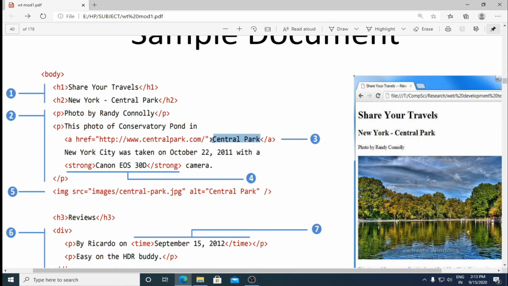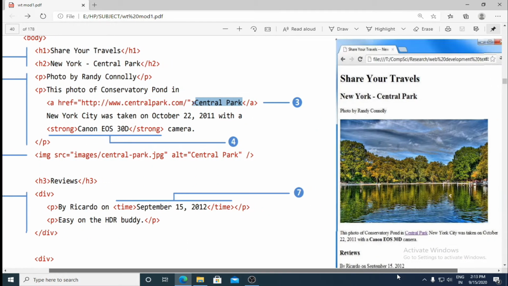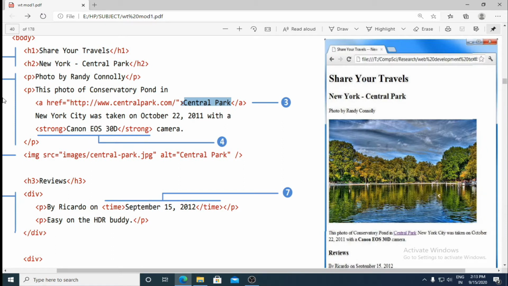Now how to recognize this label as a hyperlink is that below it there will be a line. So you'll immediately come to know that it is a hyperlink, and by clicking on it we can move to a different page. We can see the output here at the side: this photo of Conservatory Pond in, and you can see in the output Central Park is a hyperlink.